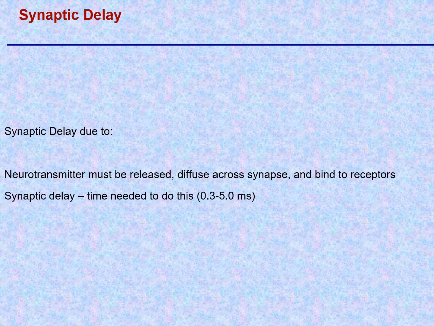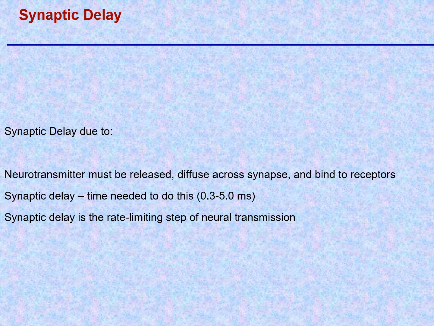Now, whenever you have transmission from one neuron to another across a synapse, you have a delay, and the delay is due to the time it takes for neurotransmitter to be released, diffuse across, and bind to the specific receptors. That synaptic delay is typically anywhere from 0.3 to 5 milliseconds. This is a rate-limiting step in neural transmission, and allows for changes to occur,